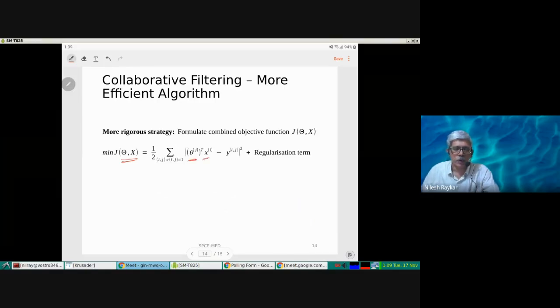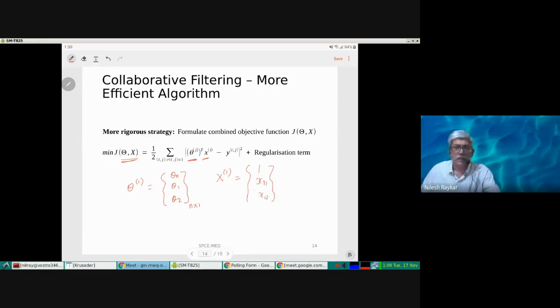In this case, both the user parameters and the book features are taken as unknowns, and you simultaneously find both of them. So you define the error terms in terms of all the theta vectors. For the first user you will have theta 0, theta 1, theta 2, so we are considering two features. So this will be a vector of size number of features by 1. And for the first book you will have x11 and x12.